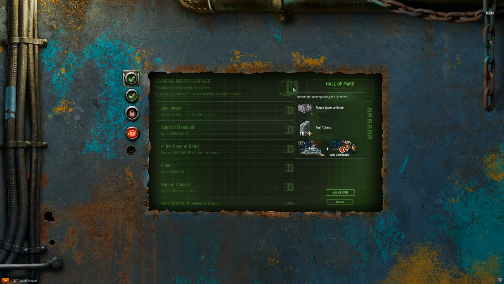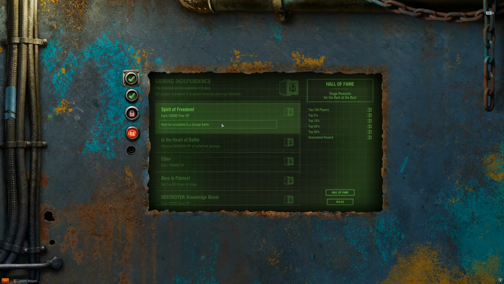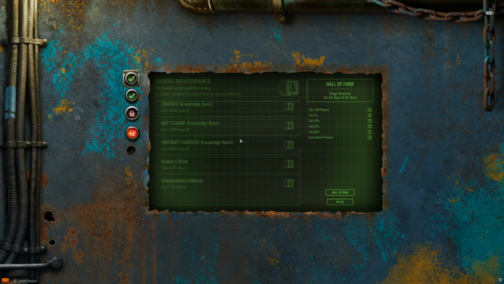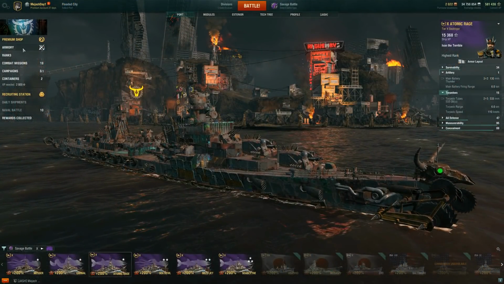And with this one, you have the potential of actually getting 2 free ships, the USS Hill, for just fitting up the directives. You can do these in the Savage Battles, and you can also do them outside of the Savage Battles, so if you're not interested in the game mode itself and still want to get the Destroyer, you aren't locked down to just one of them. They also unlock these fuel tokens and Rogue Wave containers, which are going to help you in the armory part